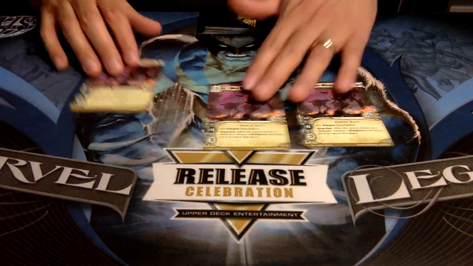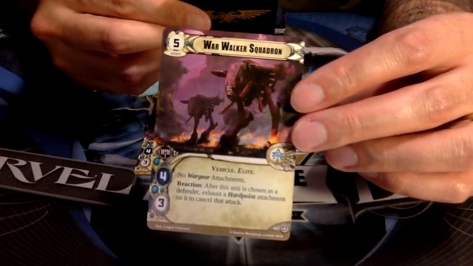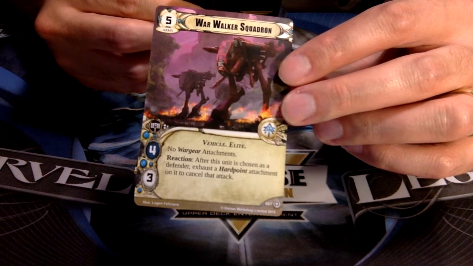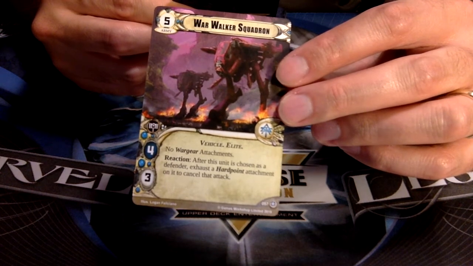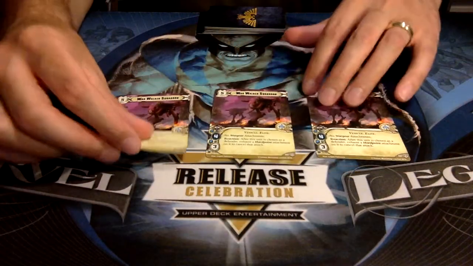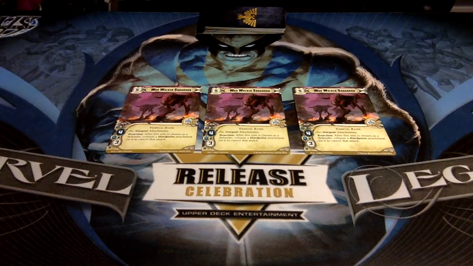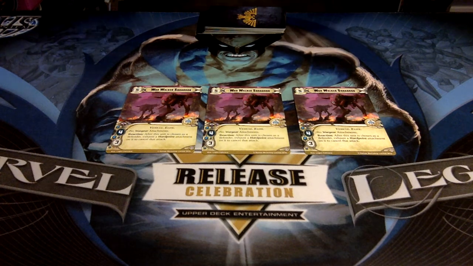Here we go, on to Eldar now, and our first card is a 5-cost elite unit, Warwalker Squadron. It is coming down with 1 hammer, and it's a 4/3 unit, no war gear attachments. Reaction: after the unit is chosen as a defender, exhaust a hardpoint attachment on it to cancel that attack. I mean, that's pretty good. There is already a very heavy vehicle and elite unit theme that Eldar has, and particularly with that hard point that gives units armor bane, I think this can be amazing,